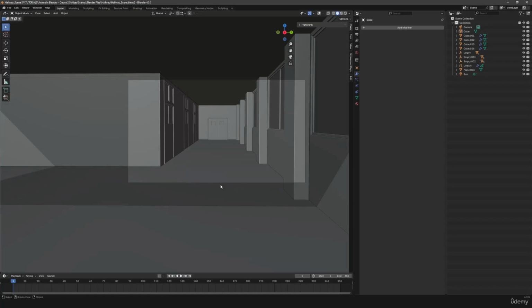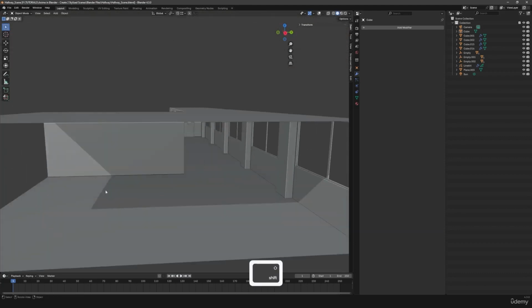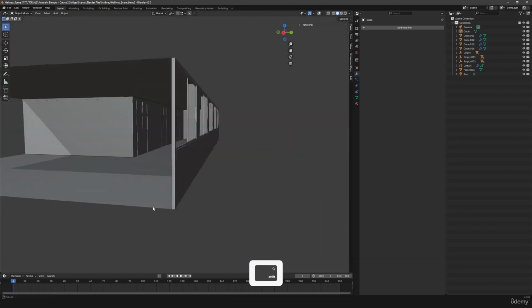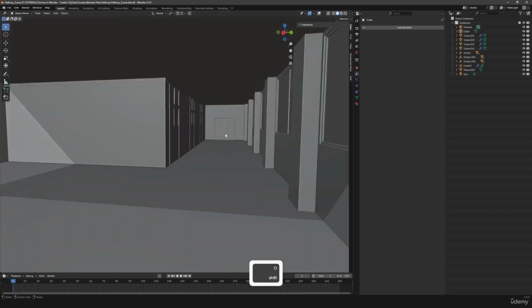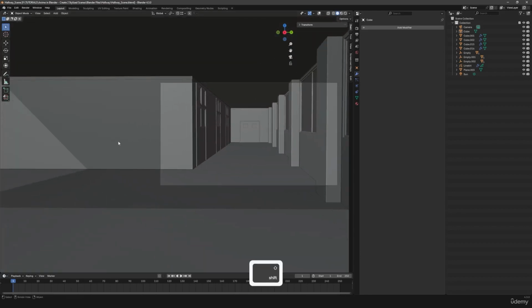Hello and welcome guys. So let's continue modeling our environment, and in this lecture we will be modifying our hallway to add a stairway component right over here, because right now we have this connected hallway where it goes from over here onto this left side. So if you want, you can add a couple of classroom doors over here